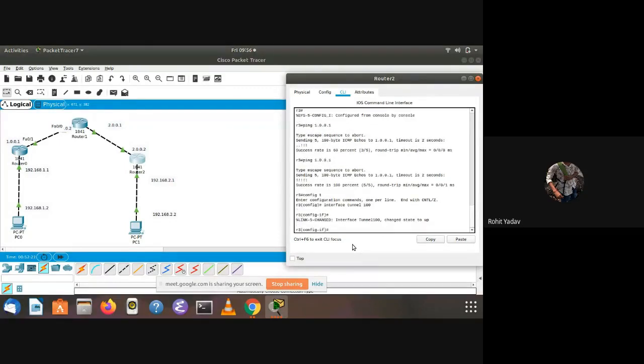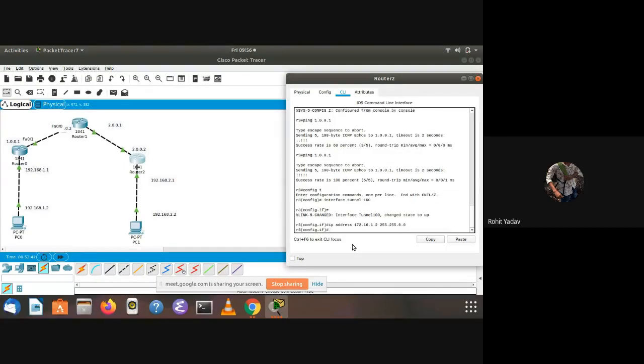We will give the IP address 172.16.1.2, with subnet mask 255.255.0.0. Okay. And what we have done here, same to same we will do here also.